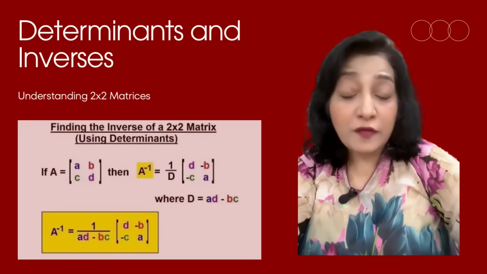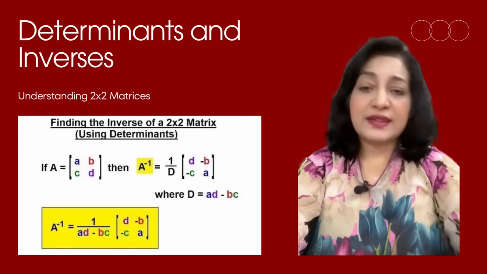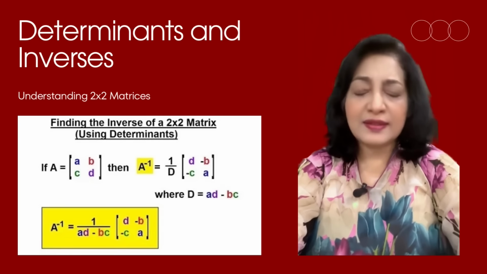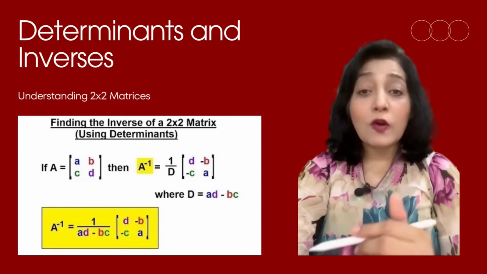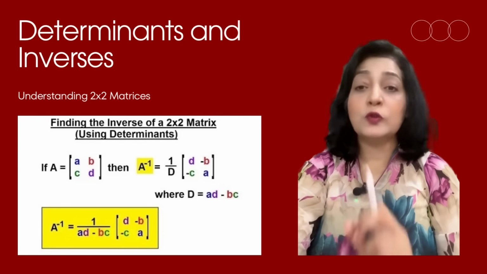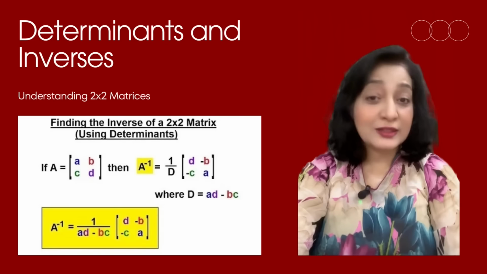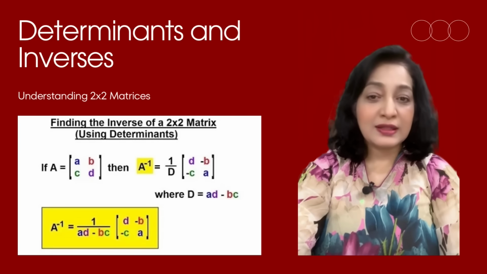Now determinant of a matrix, 2 into 2, order 2. Look at the screen. I am showing here. It's very simple. You just need to remember these steps. Nothing more. Also, I am showing here the inverse of an order 2 matrix. You can see it on the screen. That is denoted by A minus 1, A inverse.